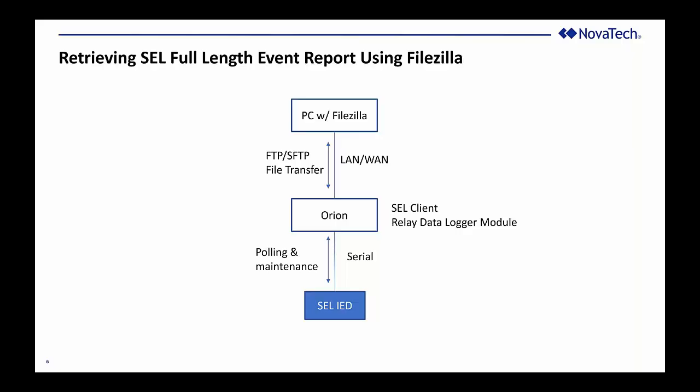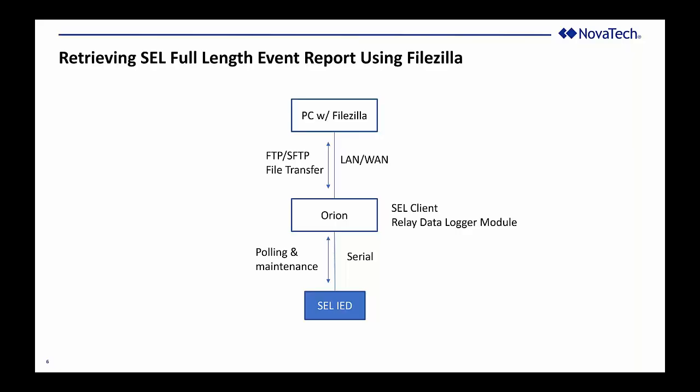This first application will use an SFTP connection for my file transfer from the Orion to my PC, and I'll use FileZilla to make that transfer. So that's more of a manual